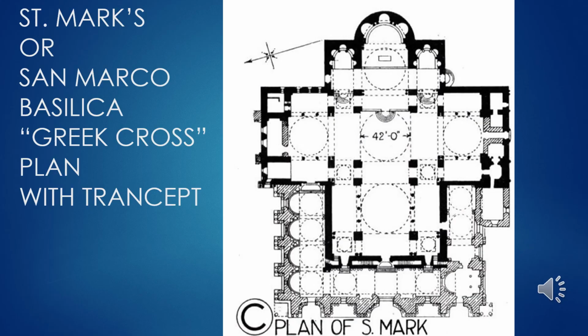So the church is in basically the plan of a Greek cross, where the vertical and horizontal members are the same length. So in this case, it would be the nave, stretching usually from west to east up toward the apse, which would be the vertical part of the cross, and then the transept, which goes north-south, which would be the horizontal part of the cross. Many Catholic churches are made in the shape of a Latin cross, where the nave is longer than the transept, but San Marco is in a Greek cross style.